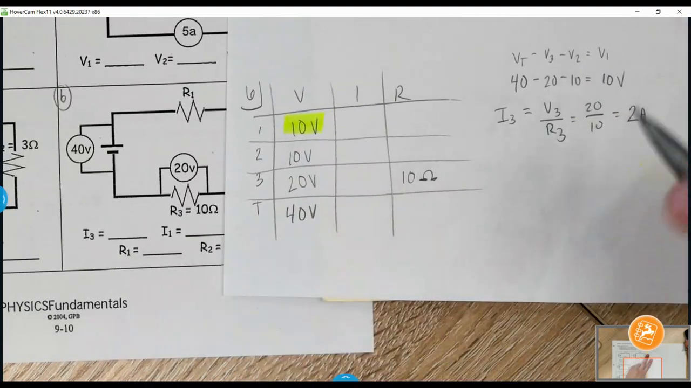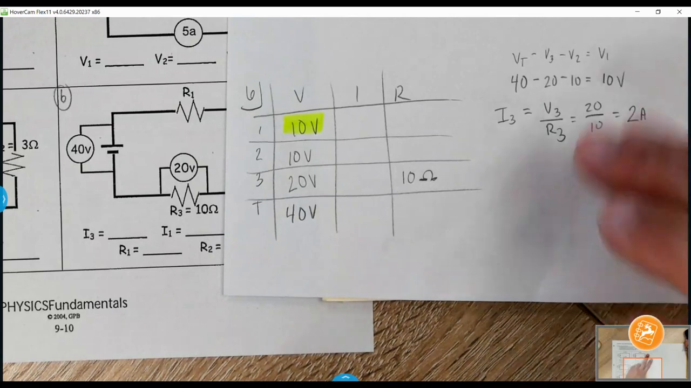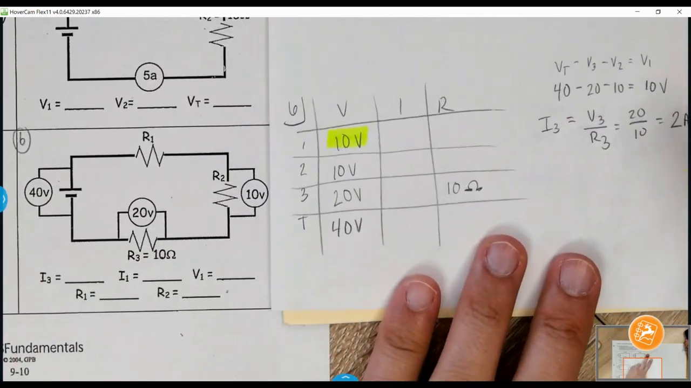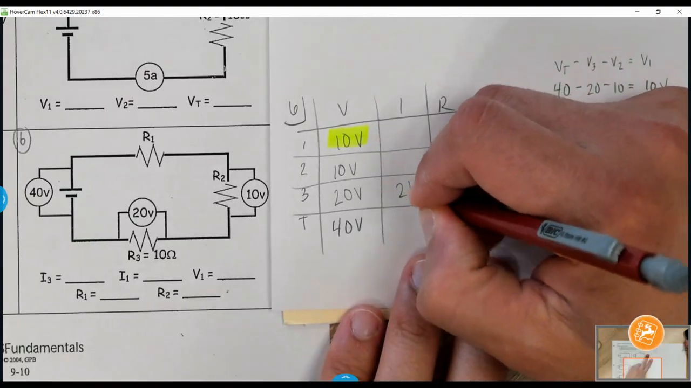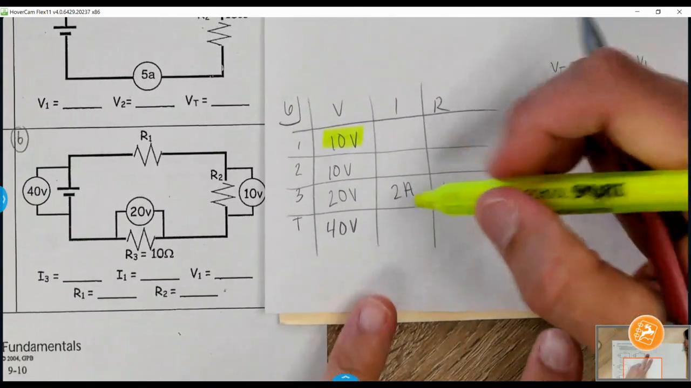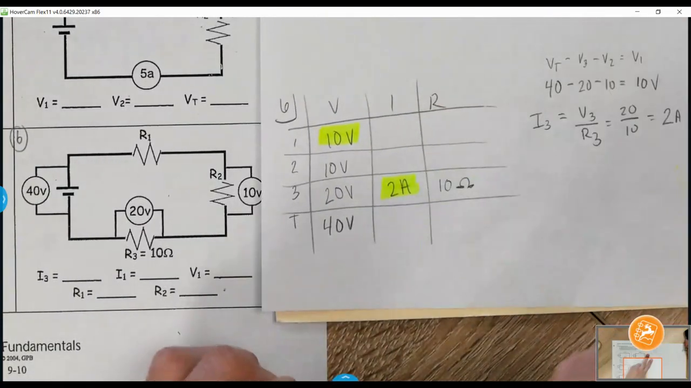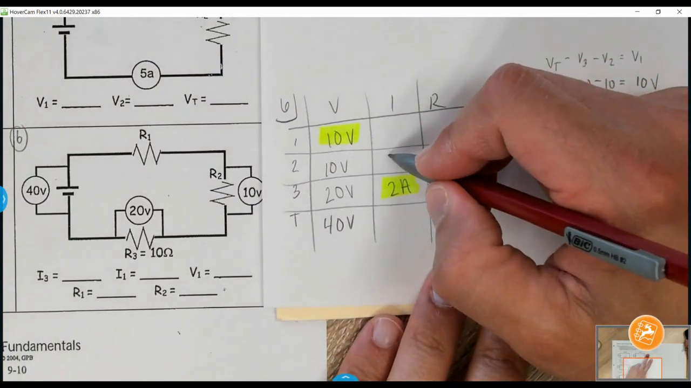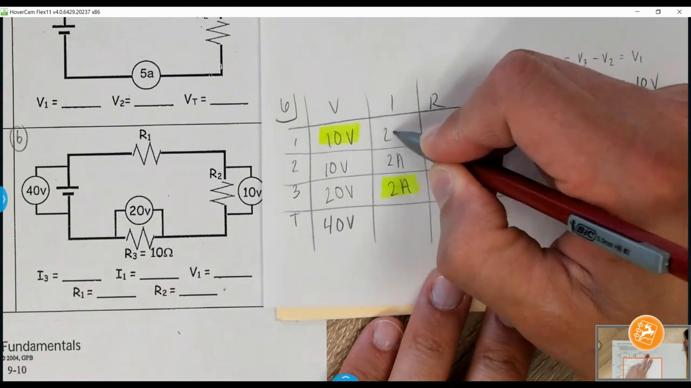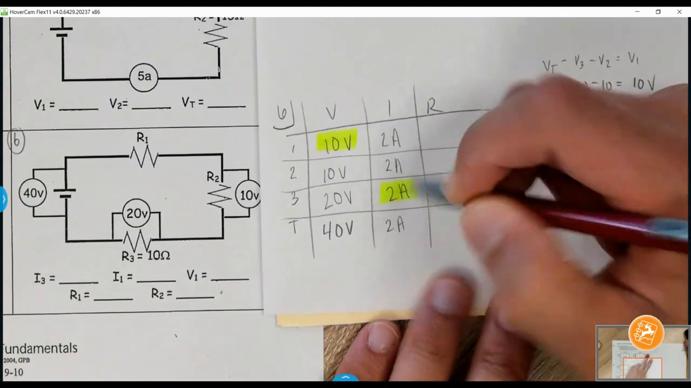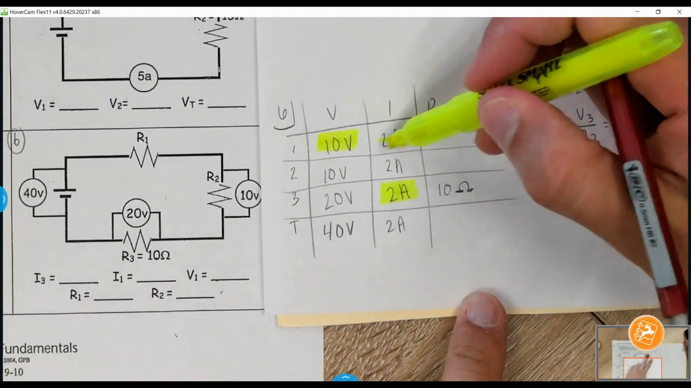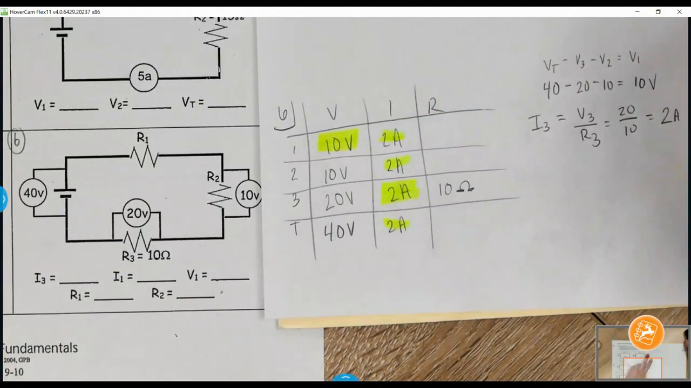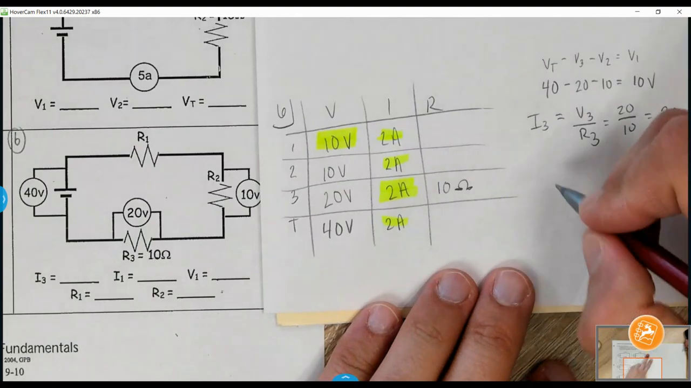And once you know that, once you have this 2 amps down, then what do I do? Correct. In a series circuit, current is all the same. So these are all going to be 2. And from there, find R. R's are equal to